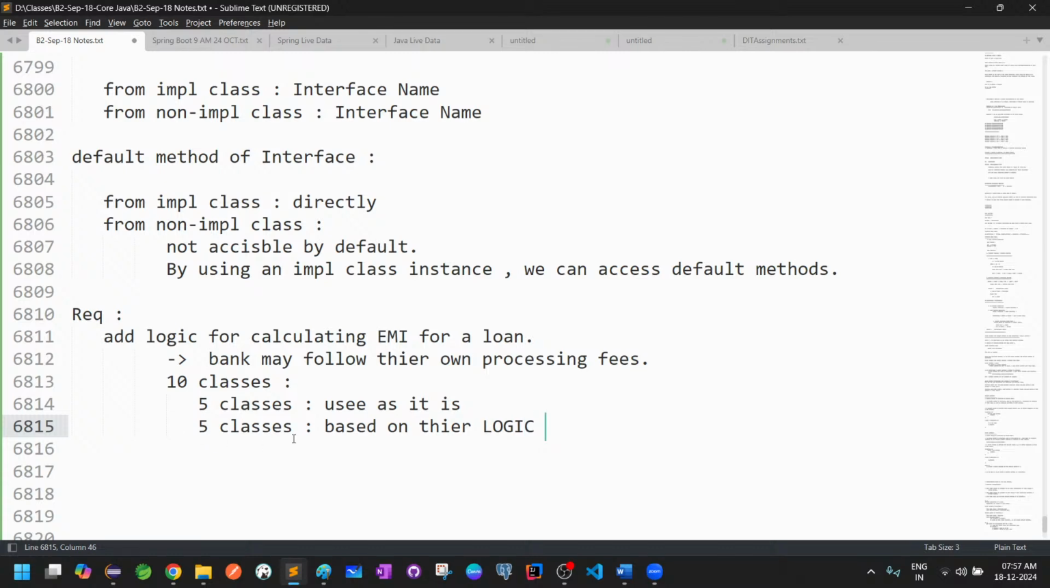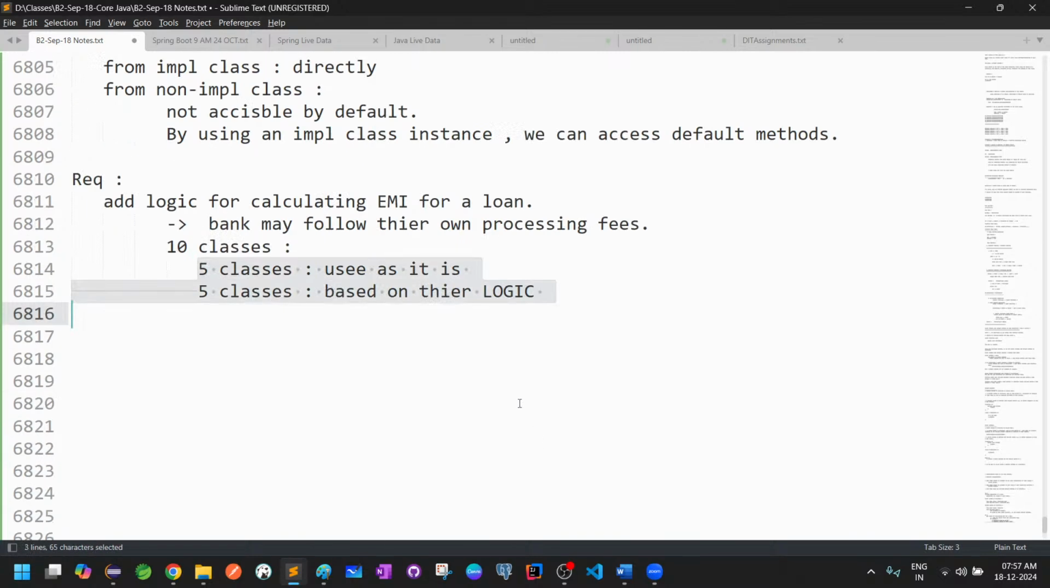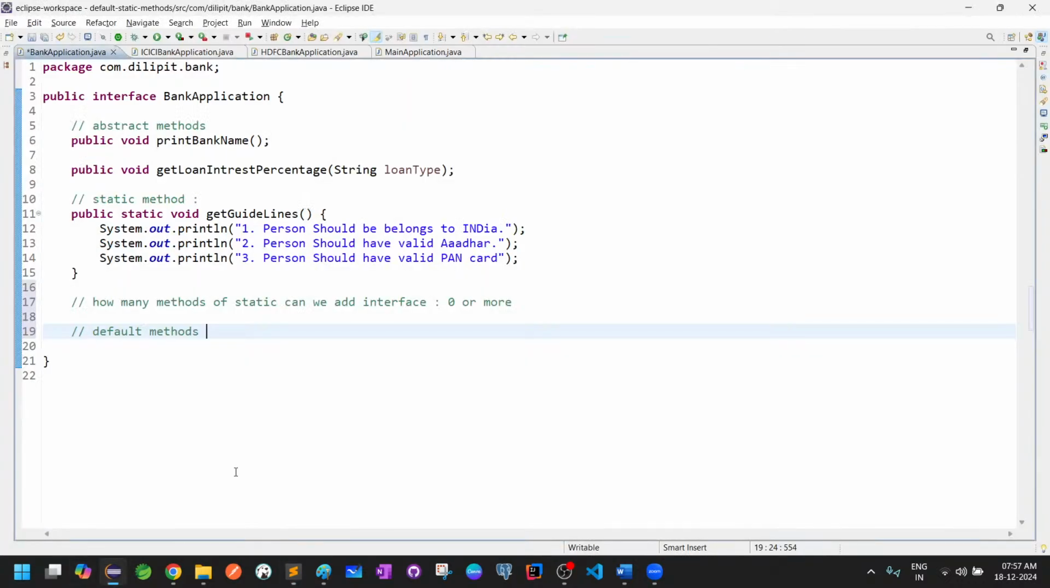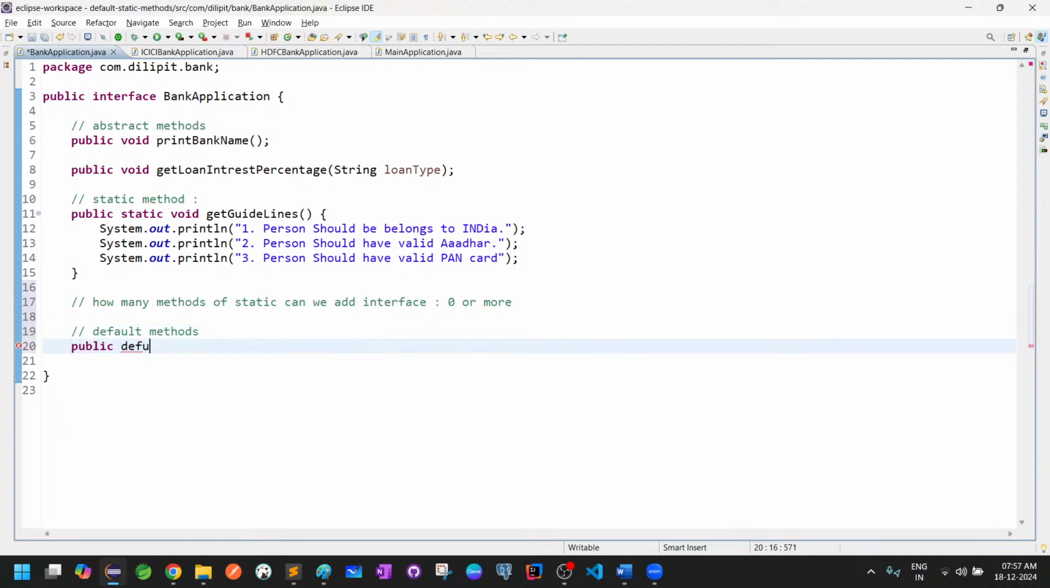So what is the best choice in this case? The default method. If you make it default, by default all 10 classes can access it. There is no issue there. But in case you want to override it with your own logic, that is also possible with default methods. So in such a way, I am adding a default method. Now you know how to add a default method: you have to use the keyword default,